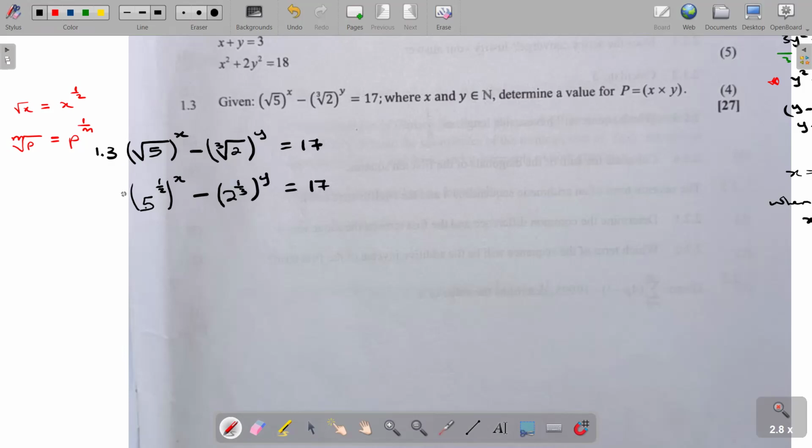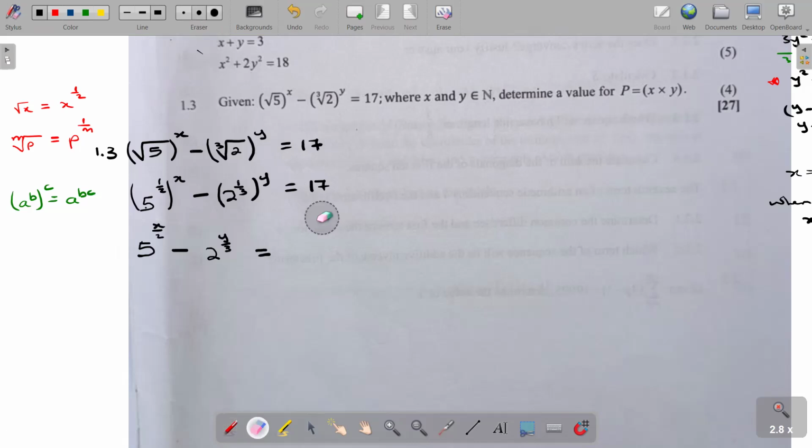If we simplify this, we are now going to apply a rule which says a to the power b to the power c must be equal to a to the power bc. You have to multiply those exponents, so it will mean that this can now be written as 5 to the power half x, or 5 to the power x over 2, when you multiply this by this, minus 2 to the power y over 3 must be equal to, if we are to check this 17 there,